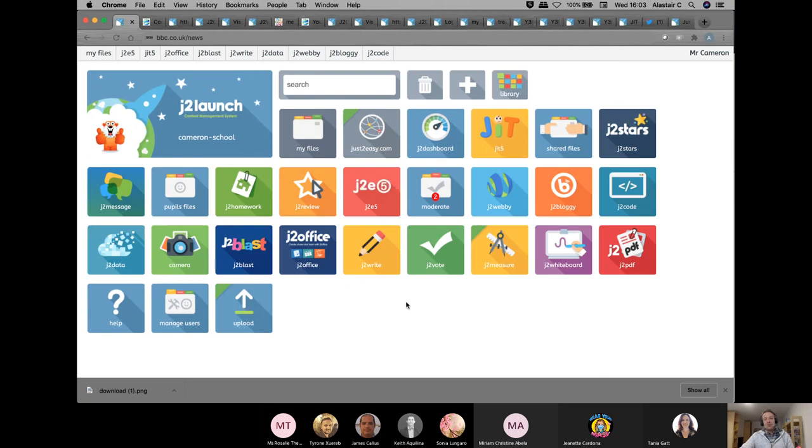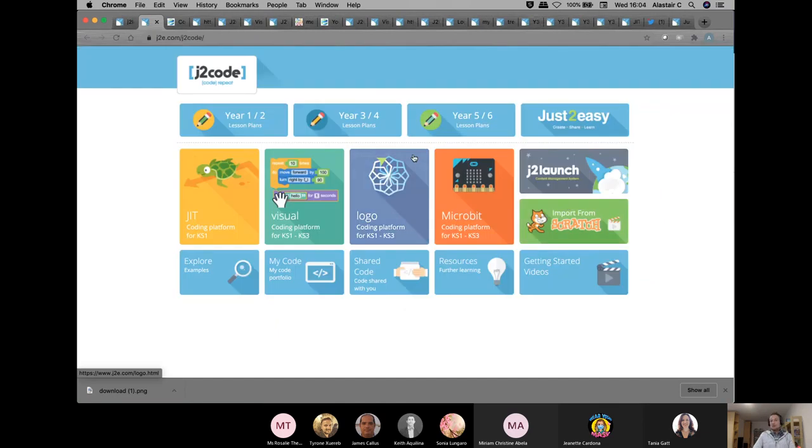Okay. What I would really like you all to do is to take a look, and it shouldn't take long, if you spare maybe 10 minutes looking at one of the examples of the lesson plans in J2Code. And this week, during EU Code Week, think about how you would use your devices with the students to have a go at one of these activities.